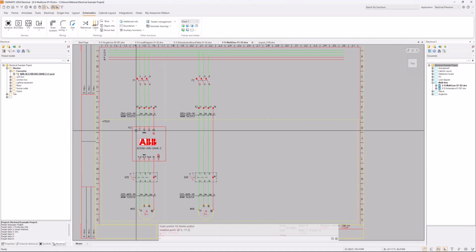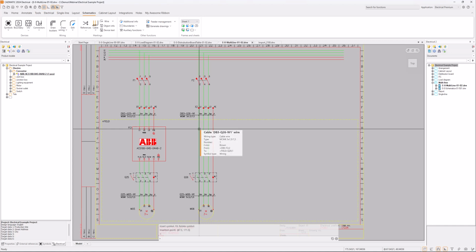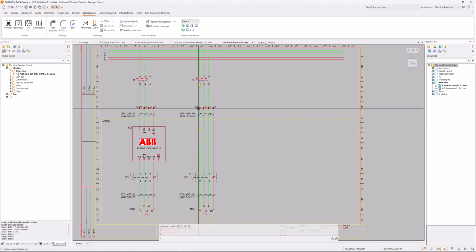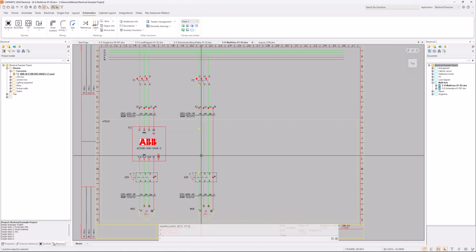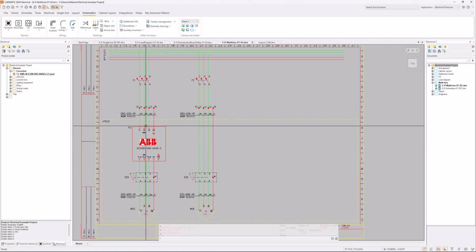And of course, if we check this one wire here, you can see it's going from here to here. It's not actually connecting to this one. It has the information how it's going, yes, but once we insert this